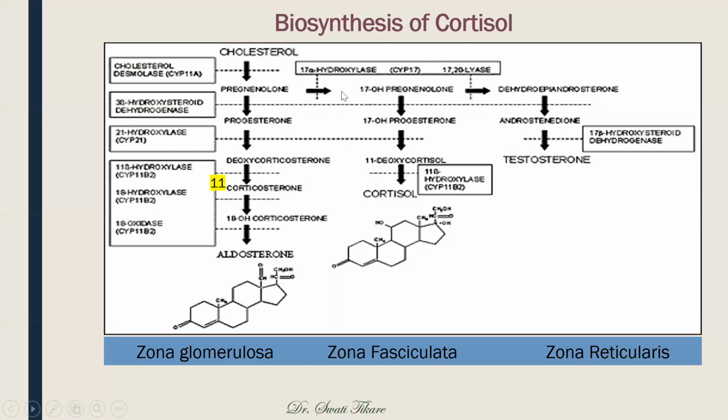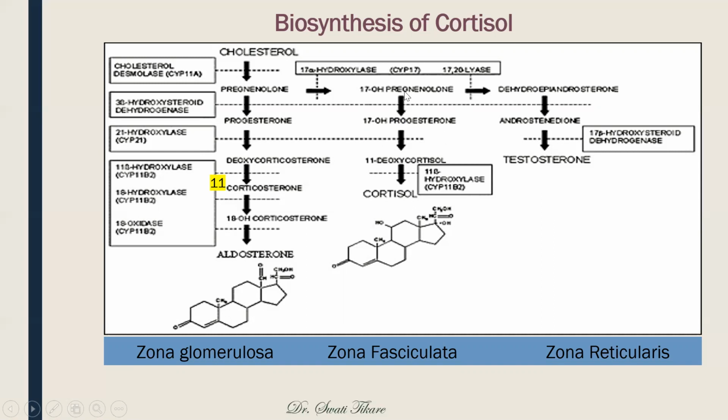17-alpha hydroxylase, that is, it is hydroxylating in the position of 17. So you can remember this ring structure. This is how they look: the cyclopentanoperhydrophenanthrene rings. You can see that there are two benzene rings and one ring over here, a pentagon structure. So it's not very difficult to remember this structure. Here you can see that this is getting hydroxylated at this position. That is what is 17-hydroxypregnenolone or 17-hydroxyprogesterone.